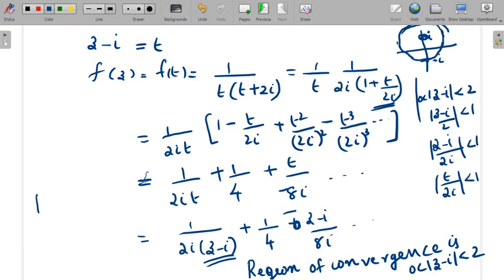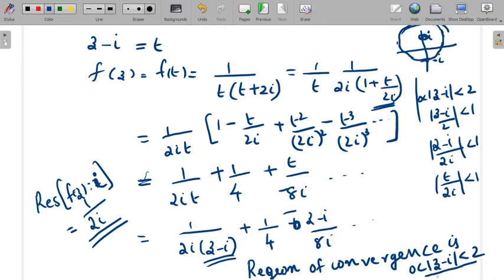And from here, you can write the residue of f of z at z equal to i. That is the coefficient of 1 by z minus i, which is equal to 1 by 2i. So while writing the residue, the Laurent series should be in the region 0